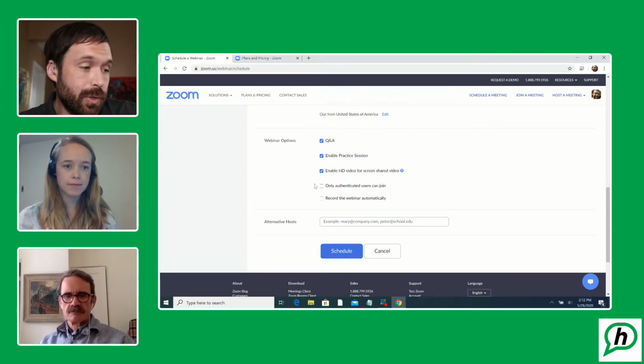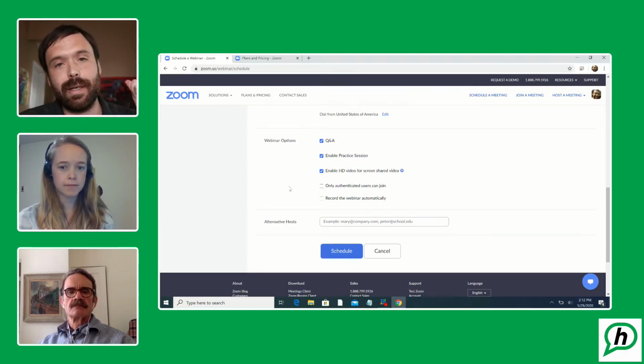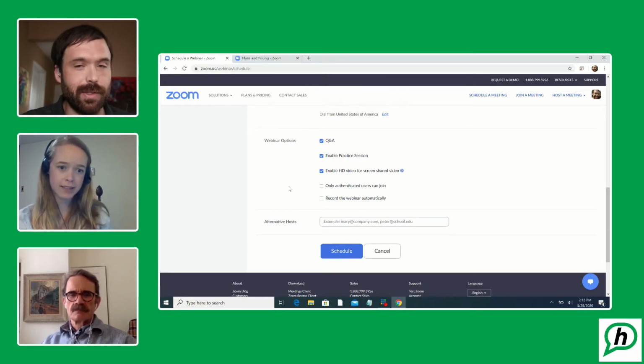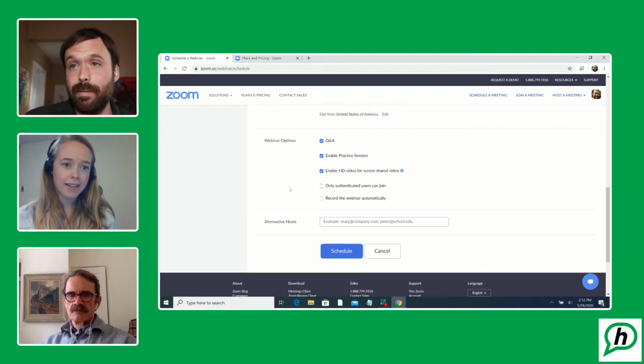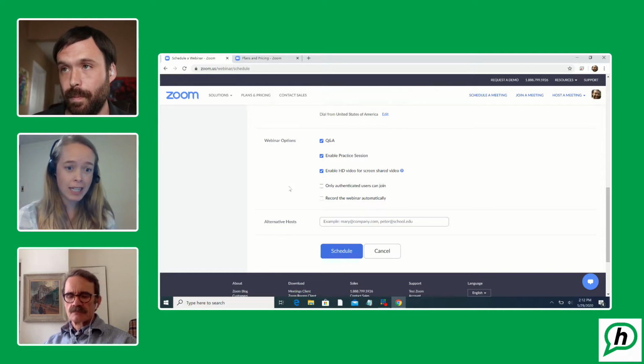Only authenticated users can join. This setting is one of the maximum security features that you can put in, where you basically have to provide Zoom, and Devin, please correct me if I'm wrong here, you have to provide Zoom with a list of users who can get in, like their email addresses. You provide email addresses, so if they try to sign in with a different email address, they will not be able to get in. So, from Zoom webinar, there's less security risk of someone coming in and disrupting your meeting